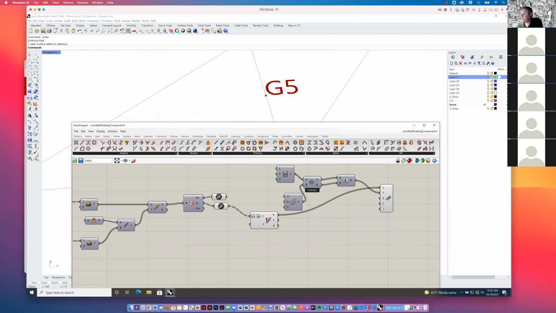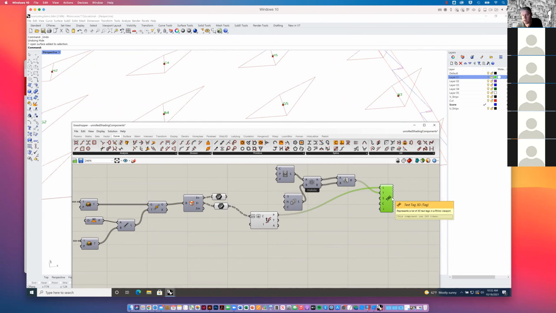But honestly, you could bake this in as well, and then inside of Rhino try to convert them to curves or change the font right after you've baked them, if you can't figure out how to do it in Grasshopper. Or you can just leave this part off, not bake it in, and then just manually put the tags in yourself, the text tags. So if I did that here in Rhino, let's say,